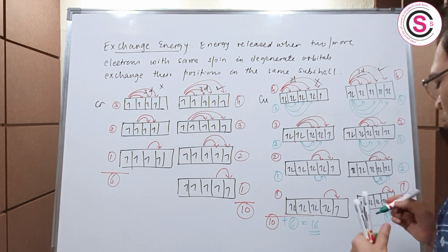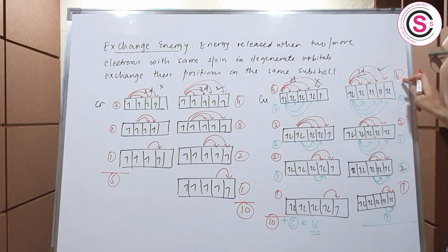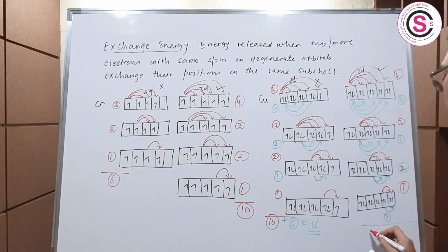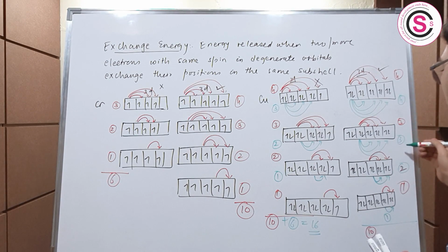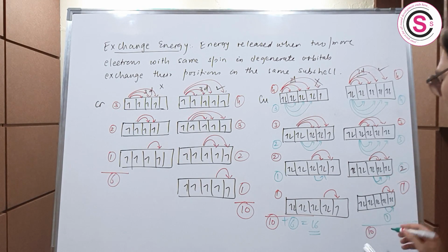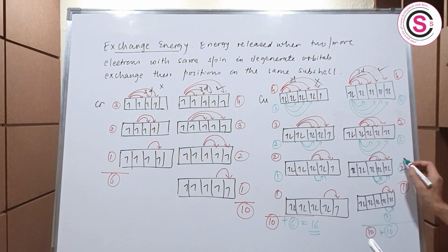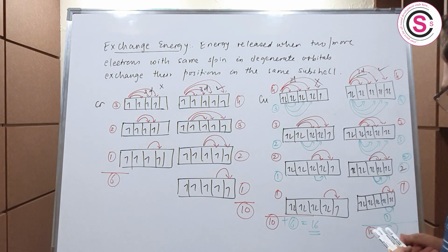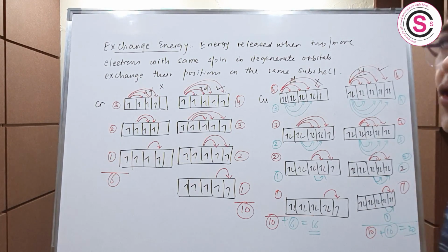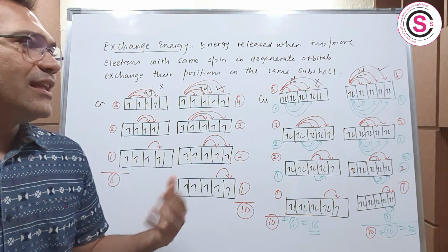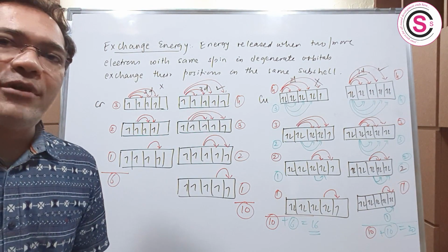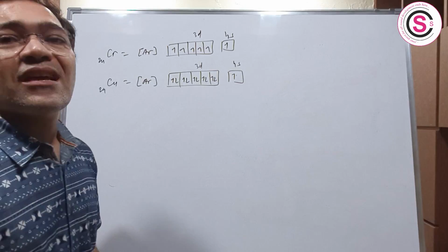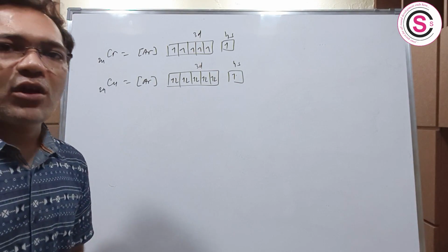So students, if I calculate the total number of exchanges, I see that 4 plus 3 is 7, plus 2 and 1, 10. 10 exchanges are possible for the upspin electrons, plus 4 plus 3 plus 2 and plus 1. So again 10 exchanges are possible for the downspin electron, right? So here, my dear students, I have how many? I have 20 exchanges. So more number of exchanges means more release of energy, and as a result, what happens? More stability.